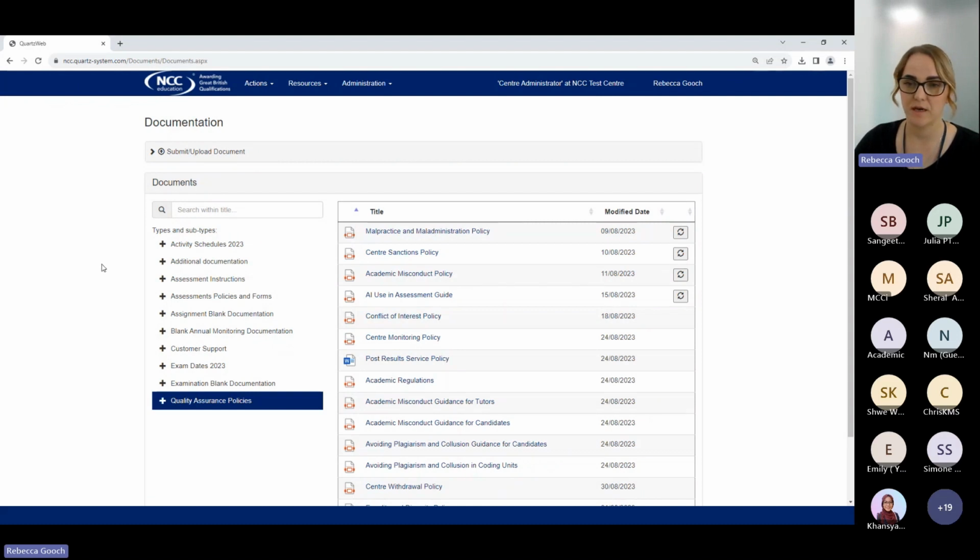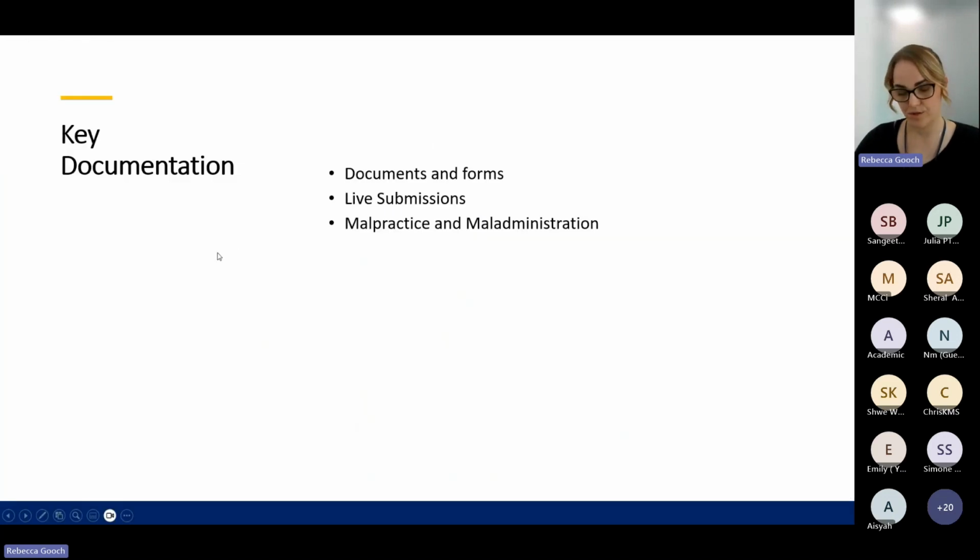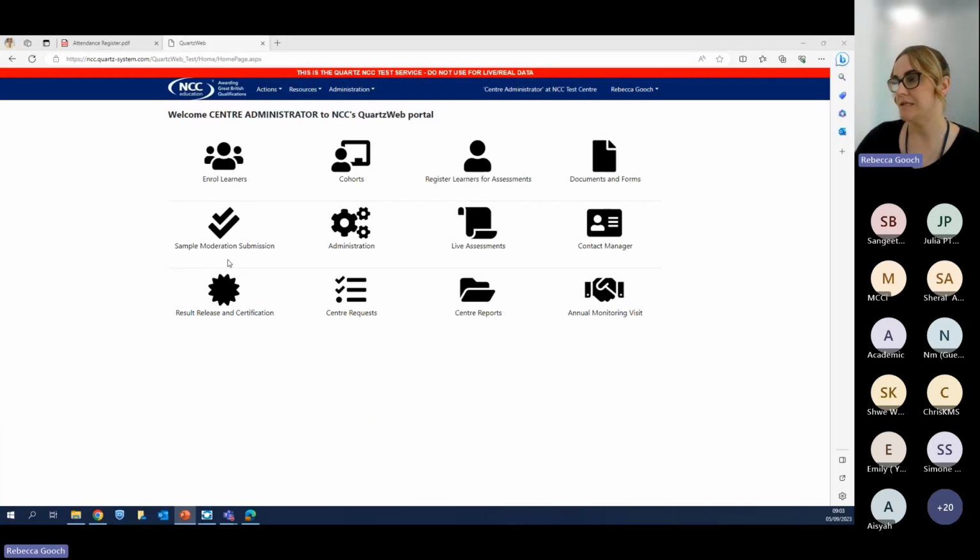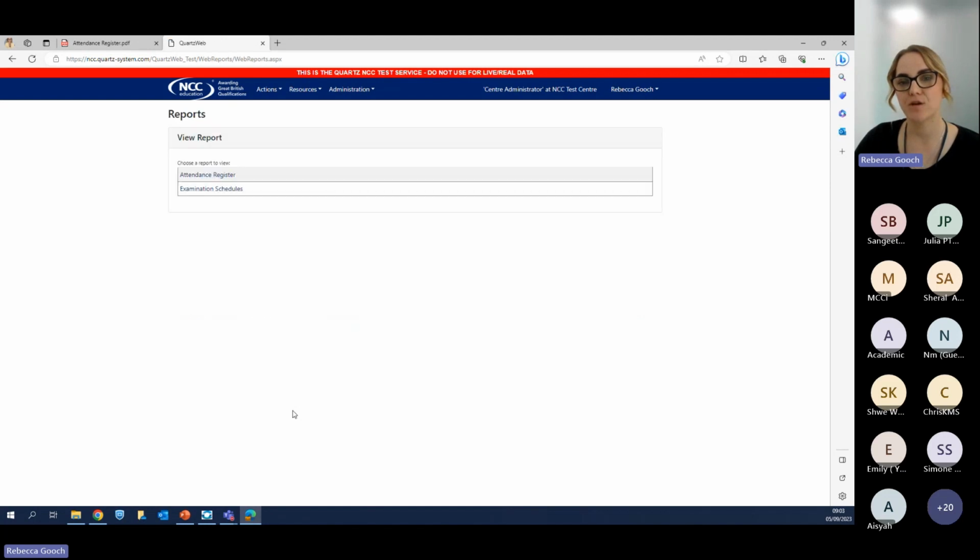One of the key things that we are asking centres to do before we release the global examinations and way before the students take the exam, all students should now be registered for the correct component. And there are specific ways in which you can do this on Quartz. What we'd like you to do is go into your centre reports, and what you will be able to do is check who is registered in the correct cycle using your examination schedule. So if you click on this here,